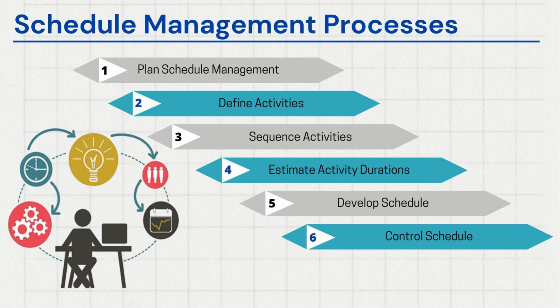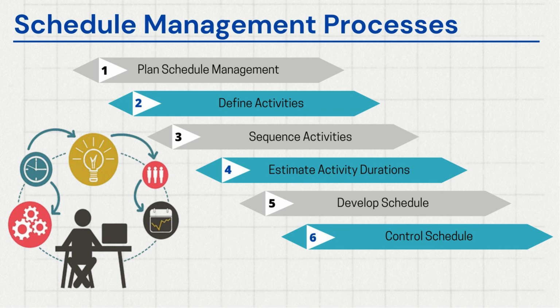Once we have a plan in place, we try to understand what activities are involved in the project. Whatever project you are working on, whether it's a research and development project, an IT product development project, or a manufacturing project, you need to list the activities involved. Once we have a list of activities, we need to understand their sequencing. This is where we consider dependencies. We need to determine the dependency of one activity over another, and for that, we sometimes need to factor in various assumptions, which should also be documented.